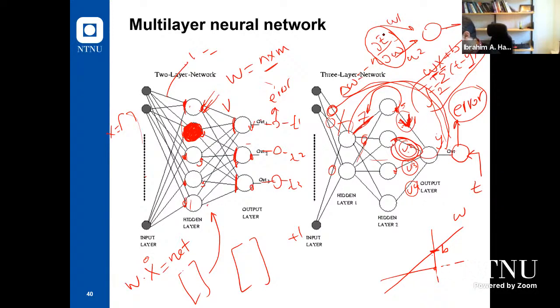The problem is that sometimes partial E by partial omega will be a very, very small number. When it's a very small number, delta omega will be 0. And when delta omega is 0, we will not be able to adjust the weights which are connected to the input layer, for example. And this is a problem because when we start the neural network, we initialize all weights with random values. So just imagine that we initialized all those weights with random values, and in the training process, when we try to adjust those weights, delta omega is very, very small. It's close to 0. So in this case, we will keep those random values as they are, which means that